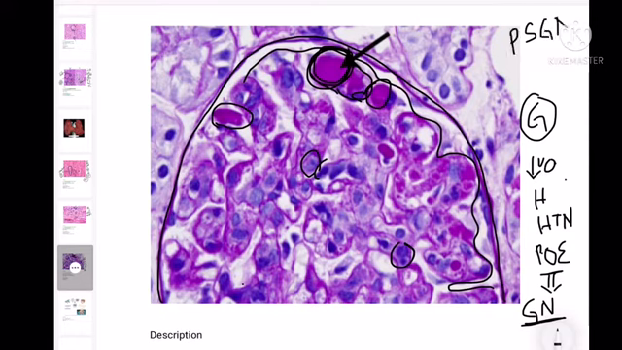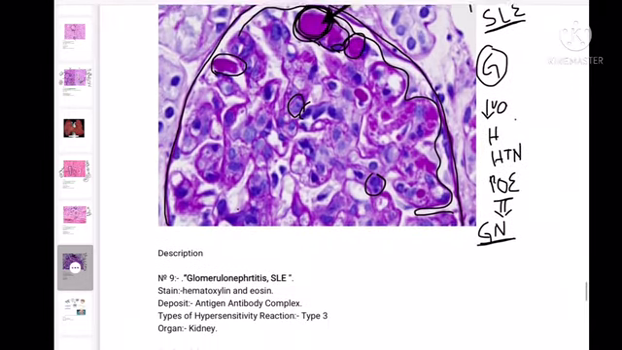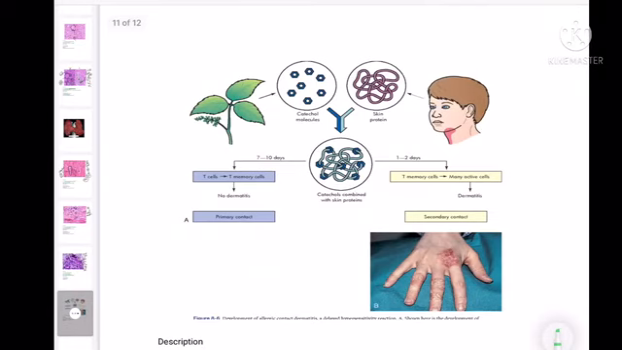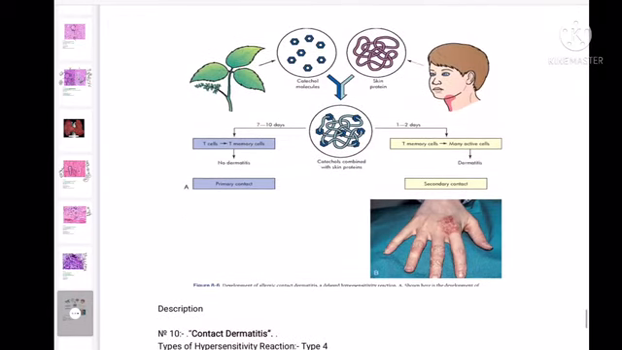post-streptococcal glomerulonephritis, systemic lupus erythematosus. In such diseases, we can find immune complexes. So whenever there is immune complex deposition, that will be the type 3 hypersensitivity reaction. So now we can see that this is glomerulonephritis, like SLE, H&E staining, deposit. They are the antigen antibody complex deposition, and antigen antibody complex deposition can be seen in type 3 hypersensitivity, and the organ is kidney. Moving to the last one, type 4 hypersensitivity reaction is, for example, if there is a contact